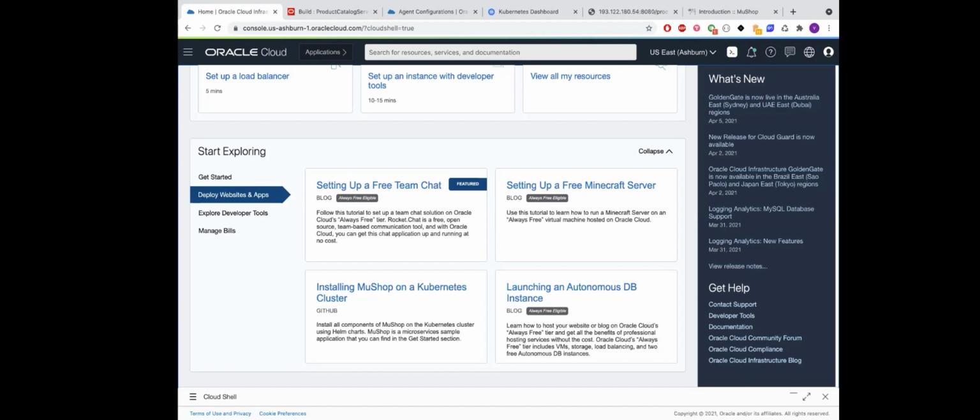There's another question: how can we set up a disaster recovery environment for the OKE setup? That's a good question. For the disaster recovery, maybe we can take a look into that as well. And there's one more question: can OKE nodes in the pool be scaled up or only scaled out? So let me